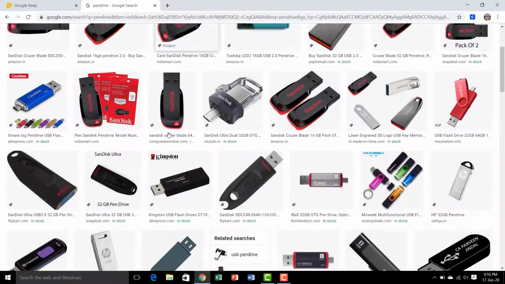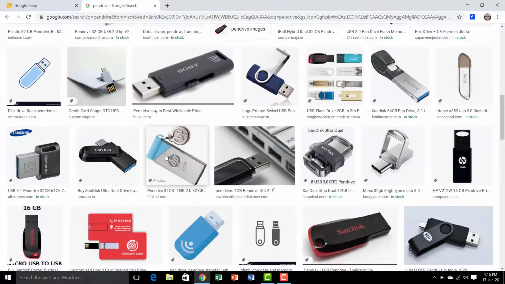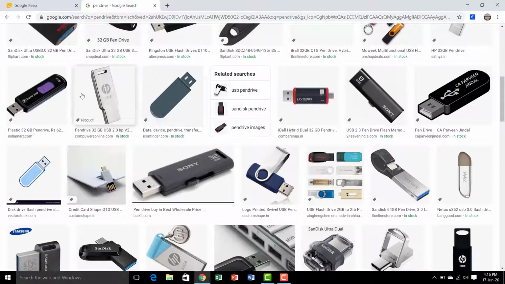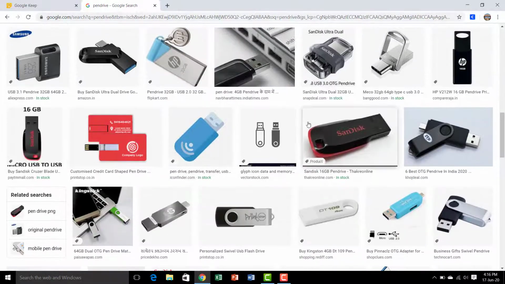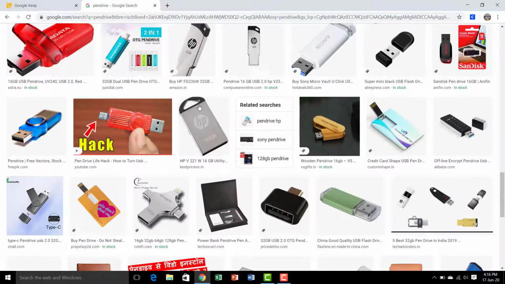So these are the different pen drives. These are also small storage devices. A pen drive is available in 32 GB, 8 GB, 2 GB, 4 GB, 64 GB. So these are pen drives of different companies and sizes, and they are also called storage devices.